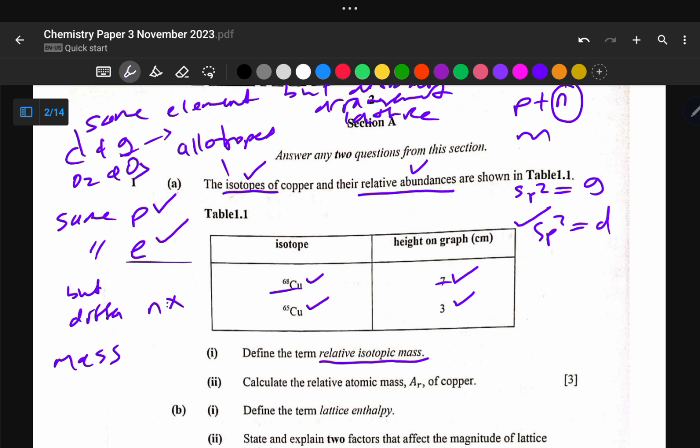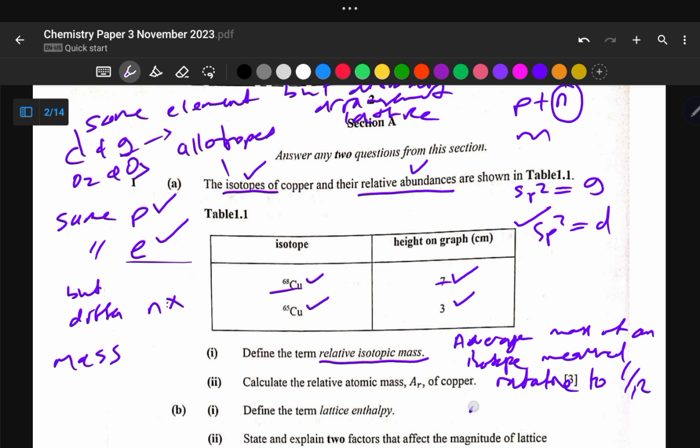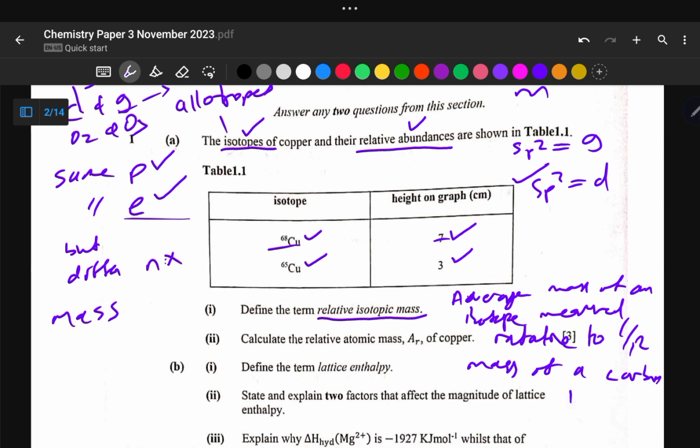Relative atomic mass, or relative isotopic mass, is defined as the average mass of an isotope of an element measured relative to 1/12 mass of a carbon-12 atom, right? So you should know the definition of relative atomic mass, relative isotopic mass, relative formula mass, relative